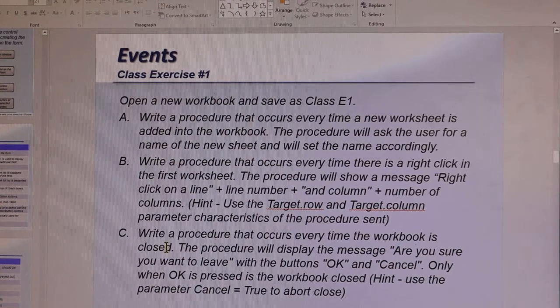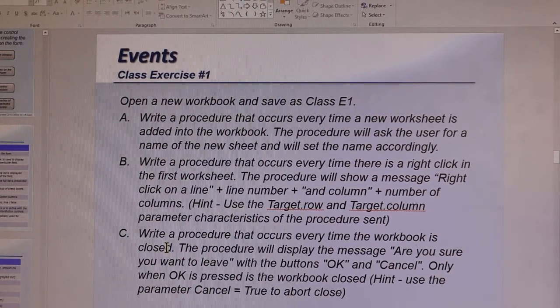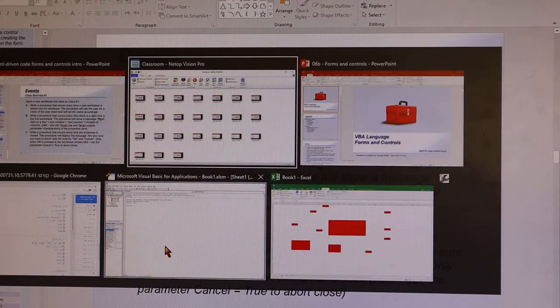What kind of an event is this? A workbook event or a worksheet event? It's a workbook event, because when you close the workbook, the whole workbook closes, and not a specific sheet. Okay, so let's go